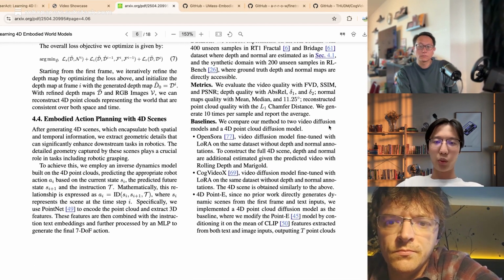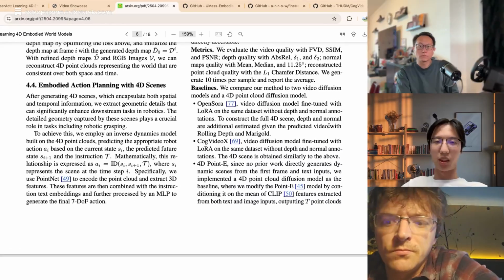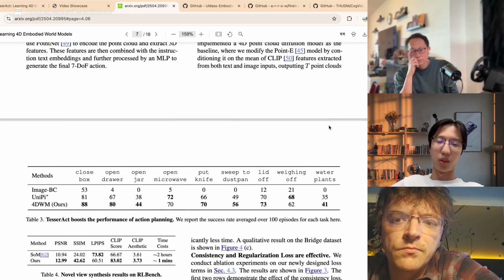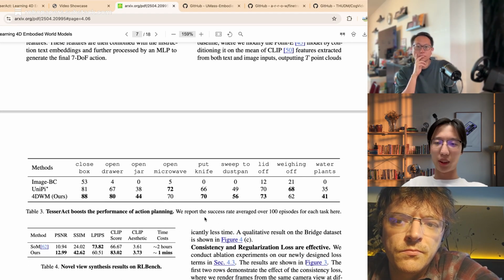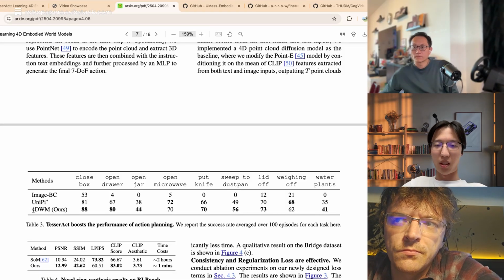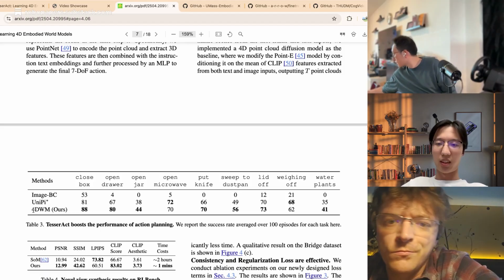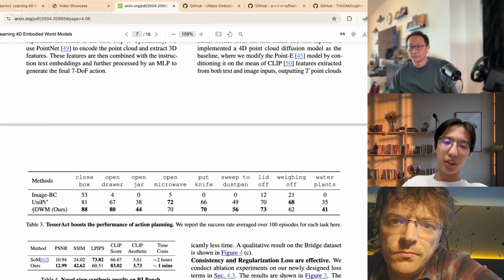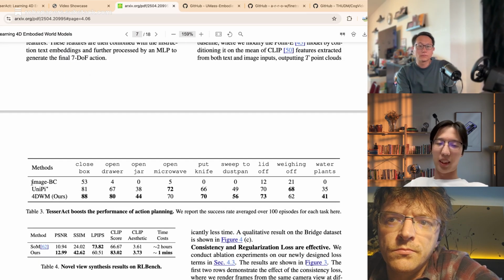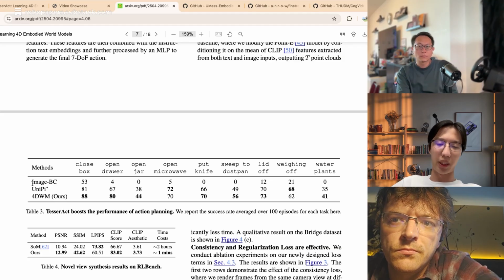And we also do some applications for world models. Then we can evaluate the world models. We do some action prediction tasks in the RLBench simulator, where our model performs well and is better than some 2D video world models like UniPi and some 2D policy models like image behavior cloning.